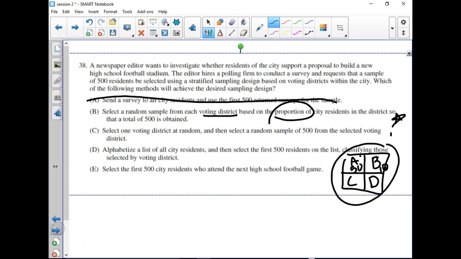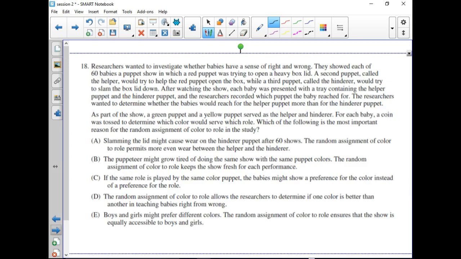Okay, let's go through the next one then that I have planned. Number 18. Researchers want to investigate whether babies have a sense of right and wrong. They showed each of 60 babies a puppet in which a red puppet was trying to open a heavy box lid. A second puppet called the helper would try to, now this is a lot of words. So what would you do if you were,